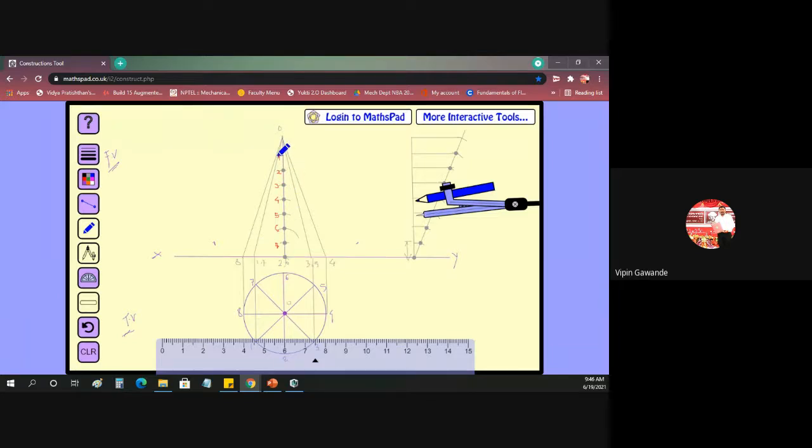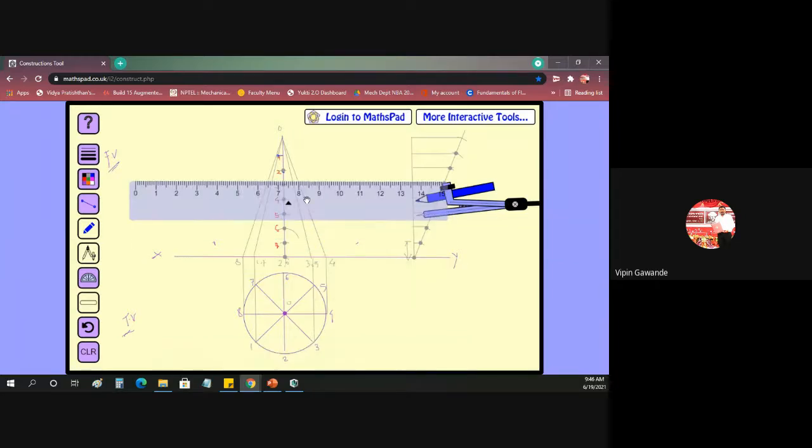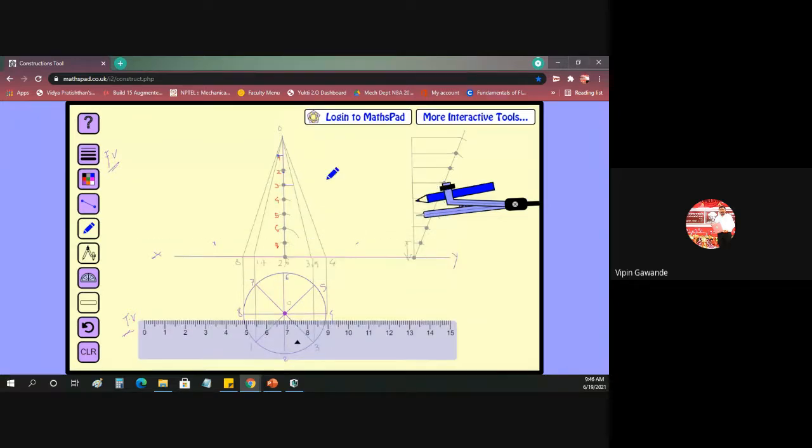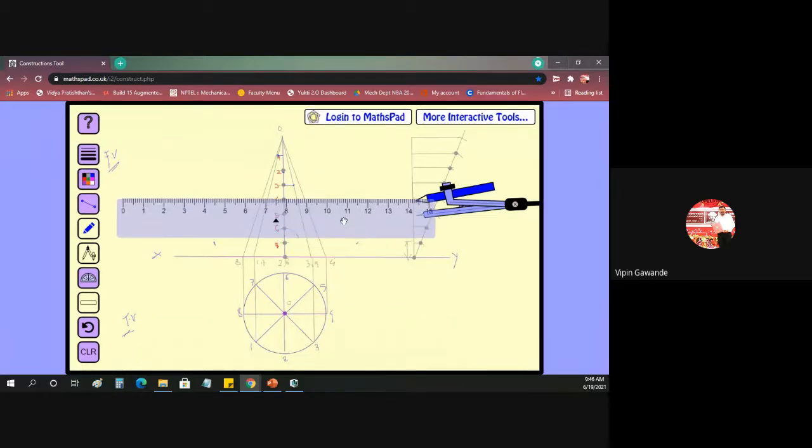Now 2 goes to 2, which is already there. So we got the first point. 2 is on the same line. See, 2 is on the same line. This is 2. So this is our second point. Then 3 is here, O3. So you have to transfer this 3 on this side. We will get this point. Then 4 goes to 4. This is 4. So 4 goes to 4 here.